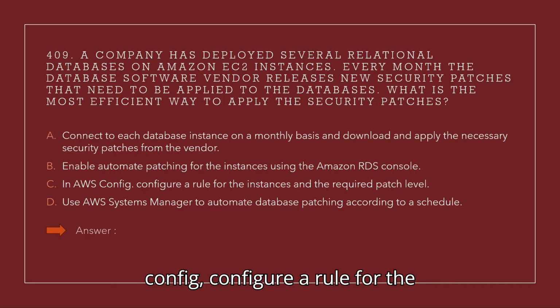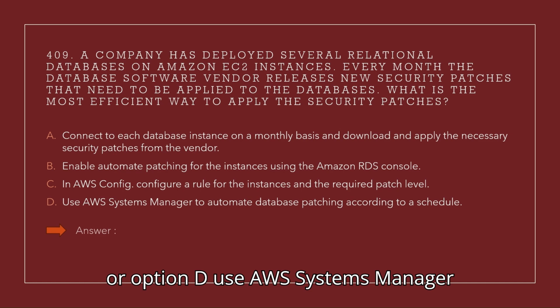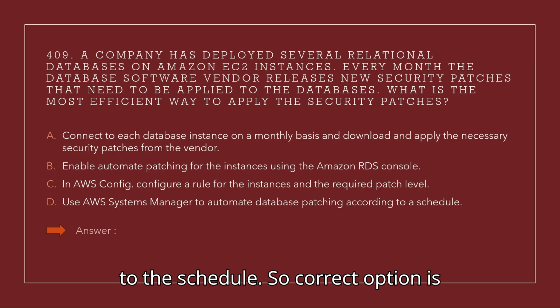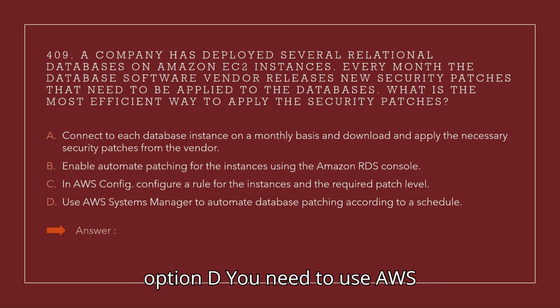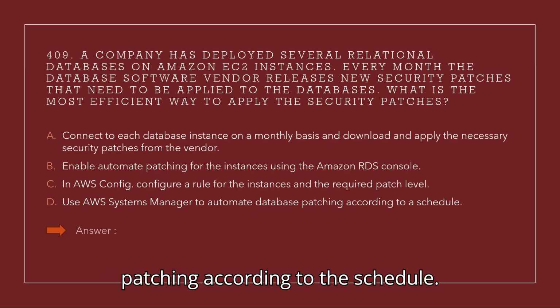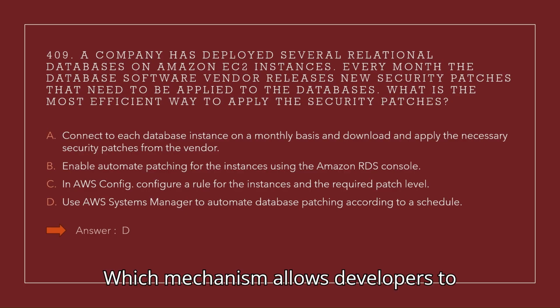Enable automated patching for the instances using the Amazon RDS console. In AWS Config, configure a rule for the instances and the required patch level. Or option D, use AWS Systems Manager to automate database patching according to the schedule. So the correct option is option D. You need to use AWS Systems Manager to automate database patching according to the